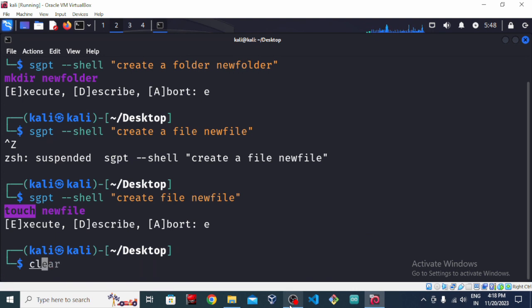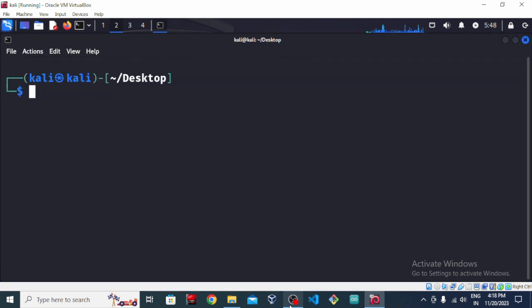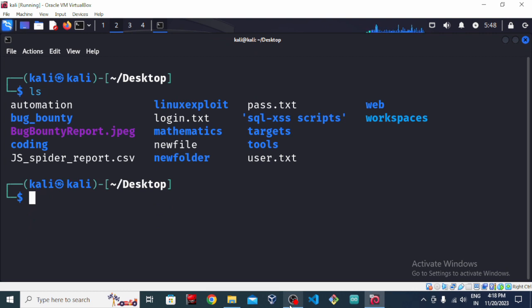Okay, so what if I wanted to move this file, which is over here? I wanted to move this new file into this folder, which is going to be the new folder. So how am I able to do that? Before moving the file, I just wanted to copy this file, sorry about that. I wanted to copy this file into the new folder. So I'll just say copy new file into the new folder,